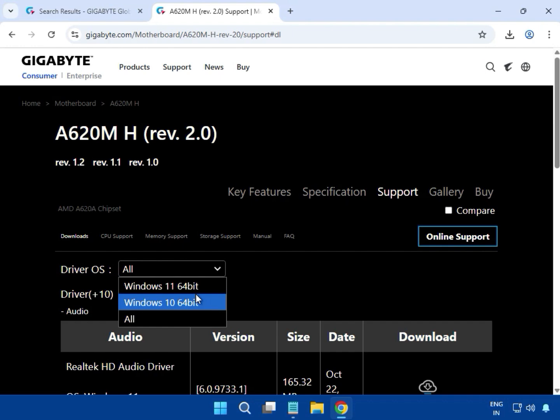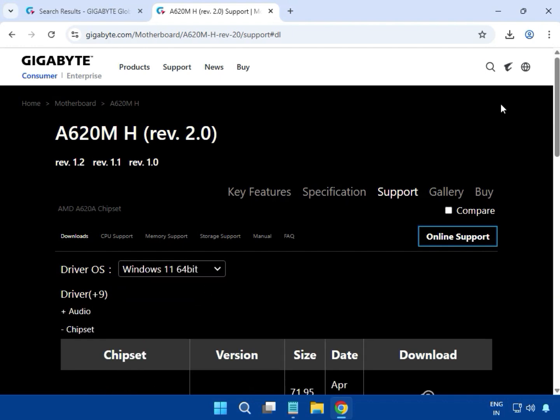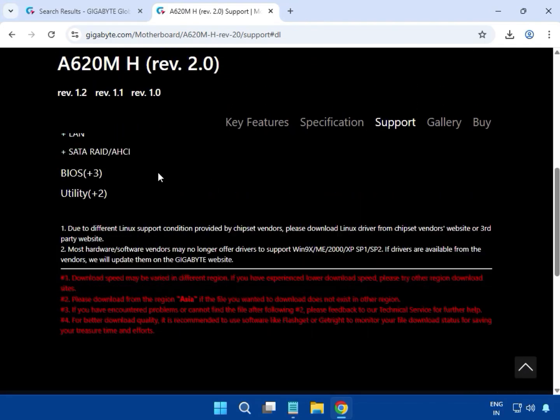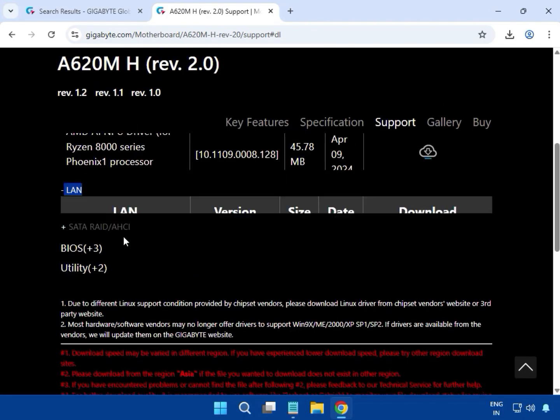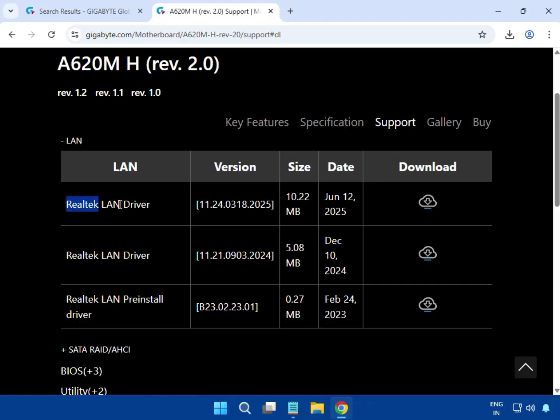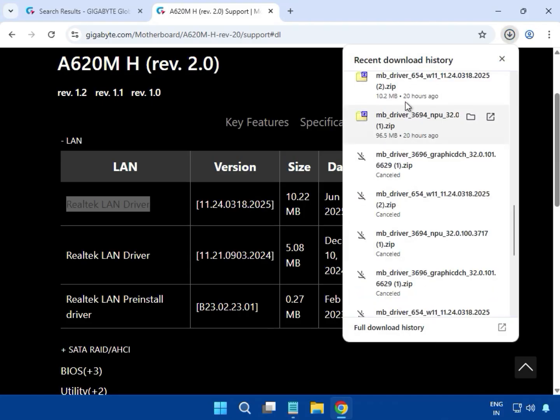If you are using Windows 10 or any other, both installation processes are the same. LAN driver, Realtek LAN, and just click to download. Just start downloading. Just one click to open